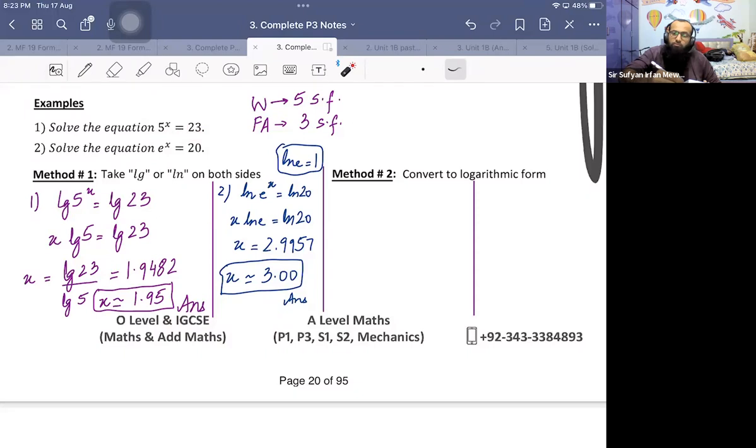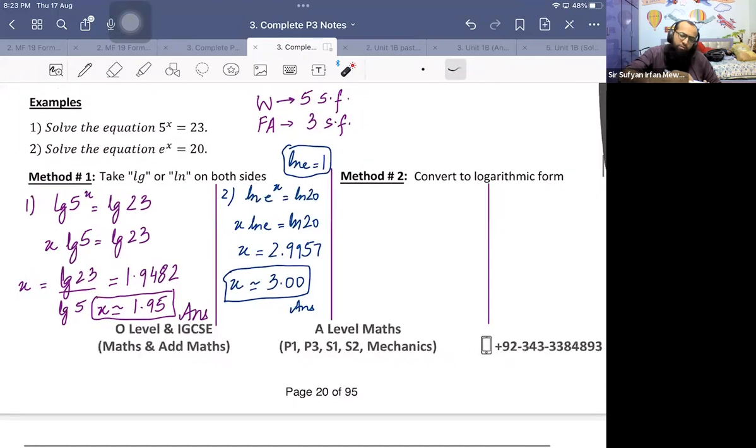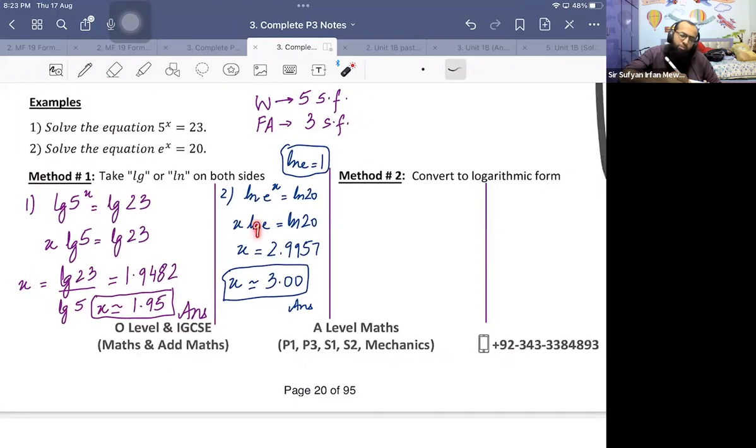So can you explain why log won't work for the second one? Log will work. Log will work. If you're taking LG on both the sides, it will work. But what we'll have to do is LG 20 divided by LGE. We'll also have to calculate LGE. You'll get the same answer. Just try it out. Log of 20 divided by log of e. Yes, I'm getting the same answer,